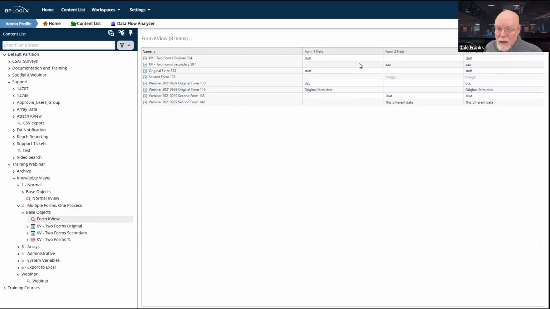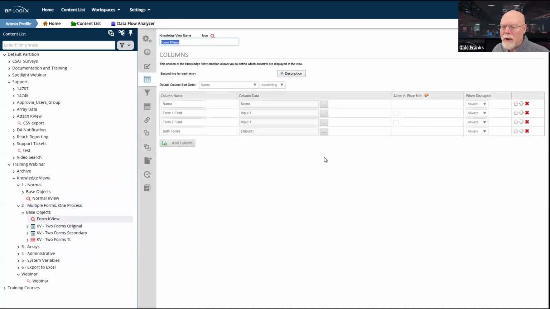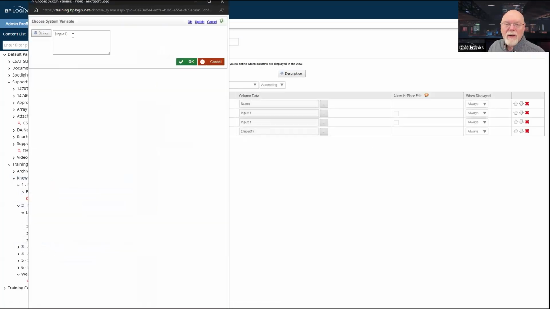Now, I used input 1 as the name for both of these form fields. So this is one of those things where you've got to think ahead about what you're doing. You're going to need to ensure that you have shared names between similar fields in the two forms so that whenever I configure the knowledge view, I can just type in input 1 as the system variable.